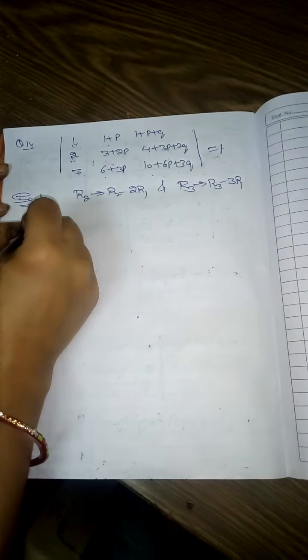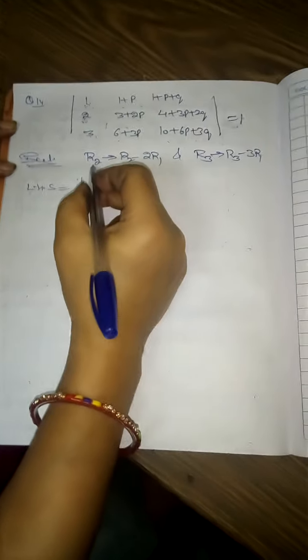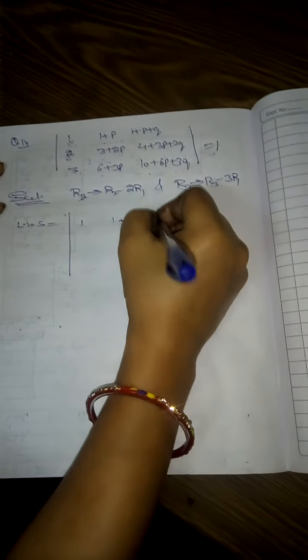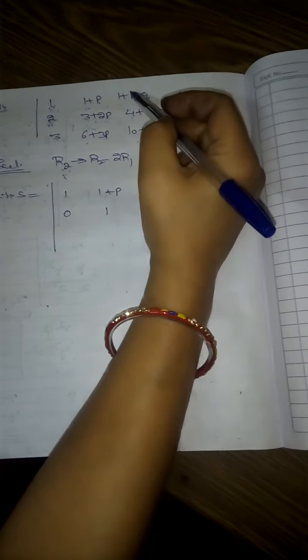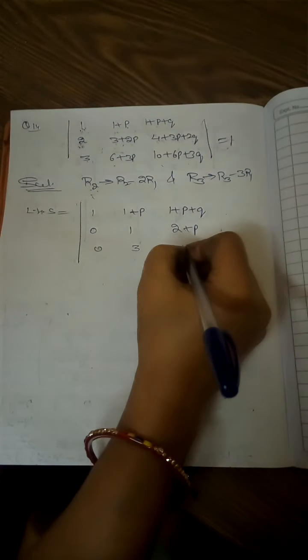After applying the operation, what is coming here? Now we will check the rows. First as it is, 1 plus p, 1 plus p plus q. Now in the second row, 2 minus 2, 0 is coming here. 3 plus 2p, multiply with 2, so 3 minus 2 is 1, and 2p minus 2p is 0. And again 4 and this term is 2, 4 minus 2 comes here 2, and 2p minus 2p cancel. What is left here? Plus p, and then 0, 3, 7 plus 3p.